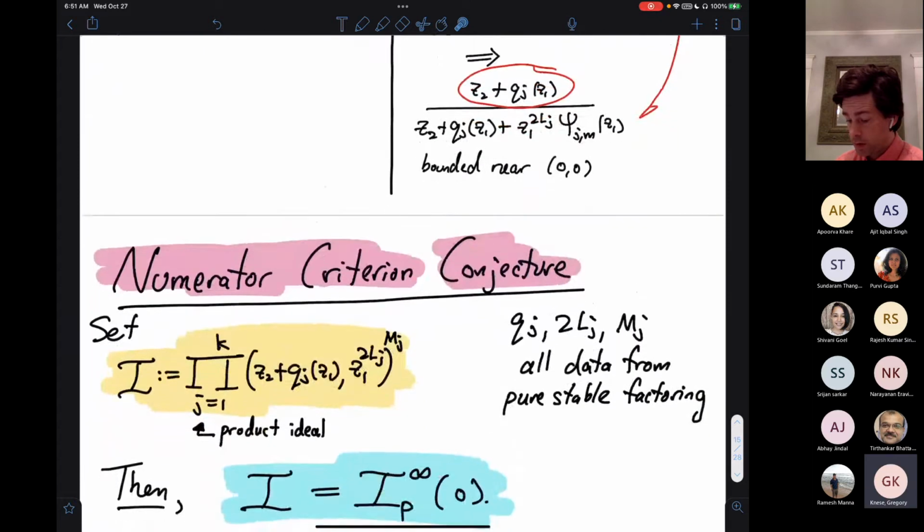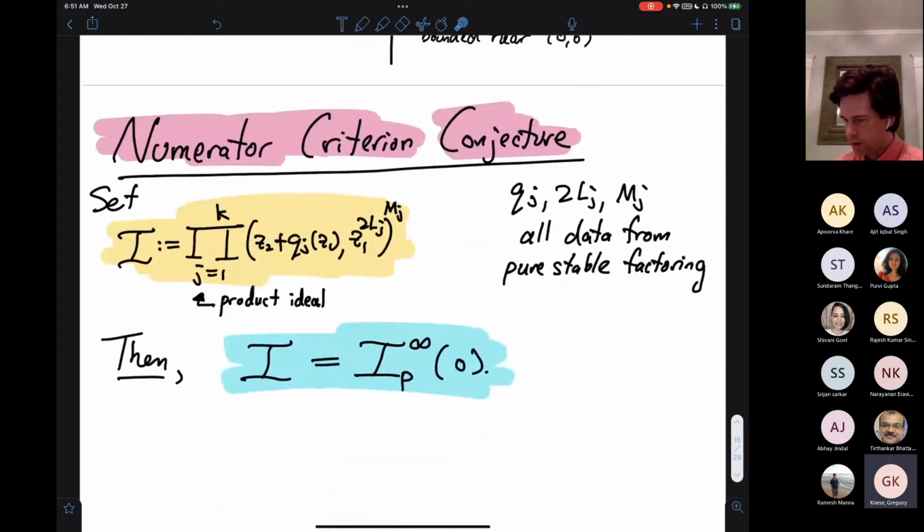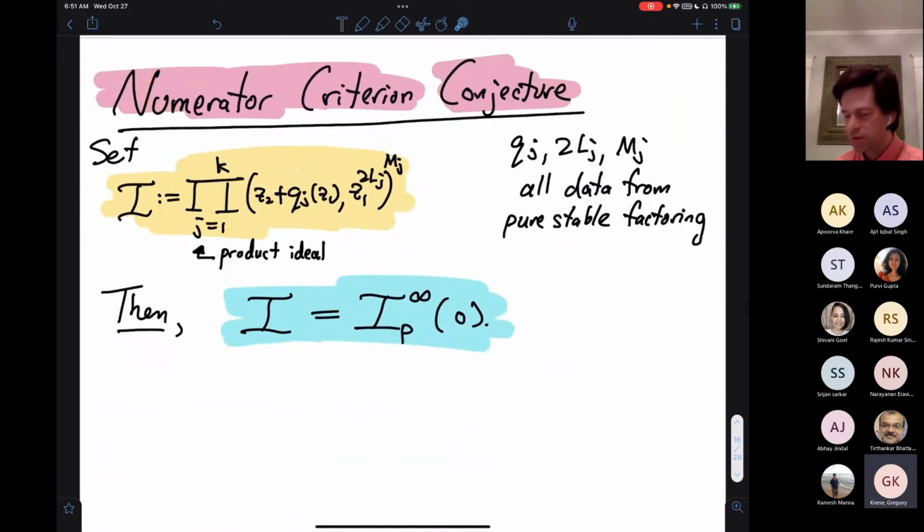And then again, here's the conjecture, just so people can see it stated isolated. So here's our numerator criterion conjecture. You form this ideal from all that pure stable factorization data. And finally, let me state our evidence, which I think is pretty compelling, but it also, like our proofs, falls